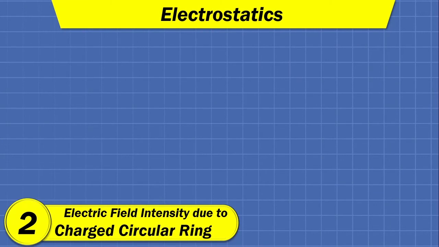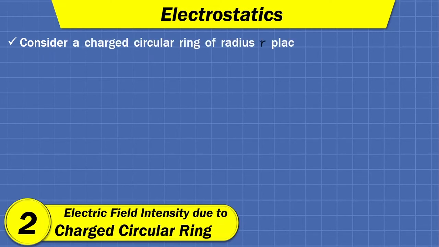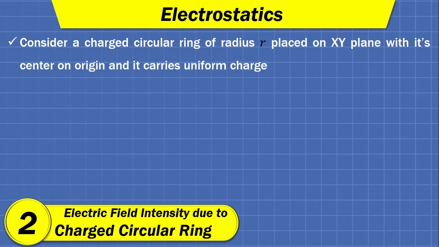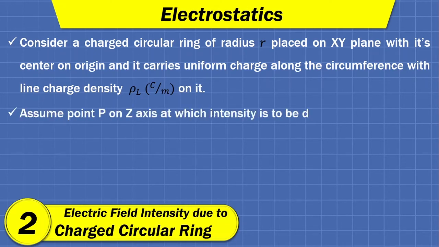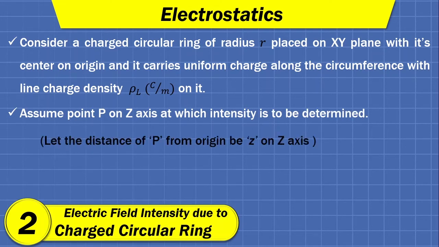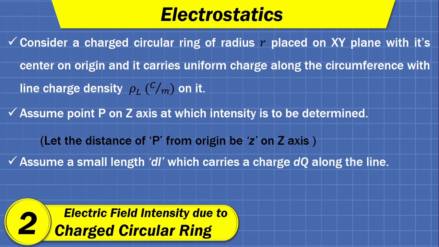Now the second topic, which is electric field intensity due to a charged circular ring. So consider a charged circular ring of radius r placed on the xy plane with its center on the origin, and it carries uniform charge along the circumference with line charge density rho L coulomb per meter on it. And assume a point P on the z-axis at which the intensity is to be determined. Let the distance of P from the origin be small z on the z-axis. Also assume a small length dl which carries a charge dq along the line,